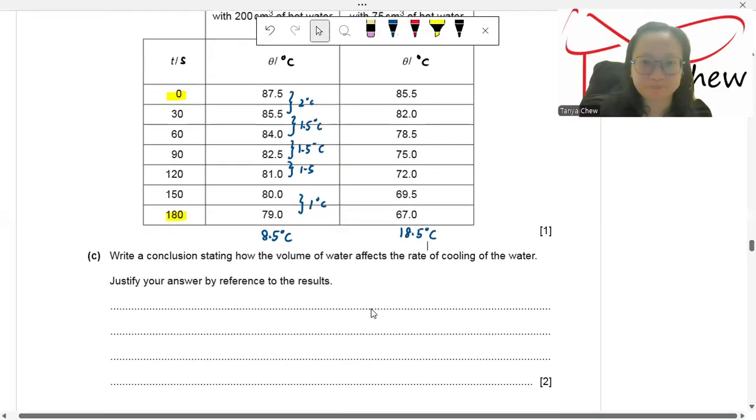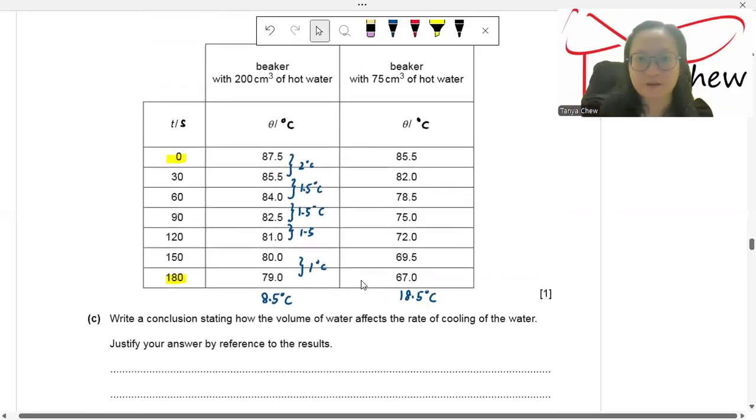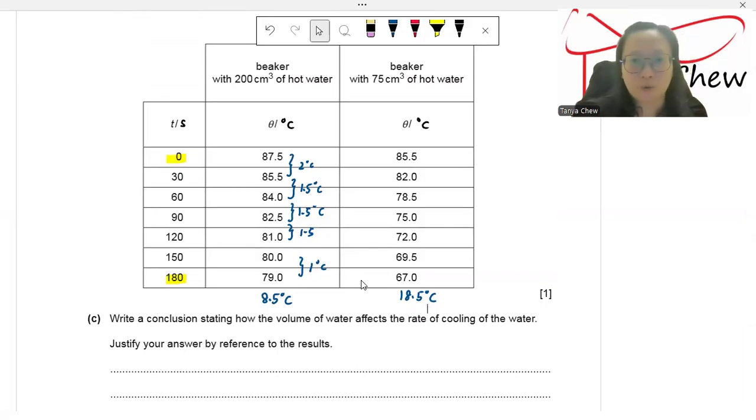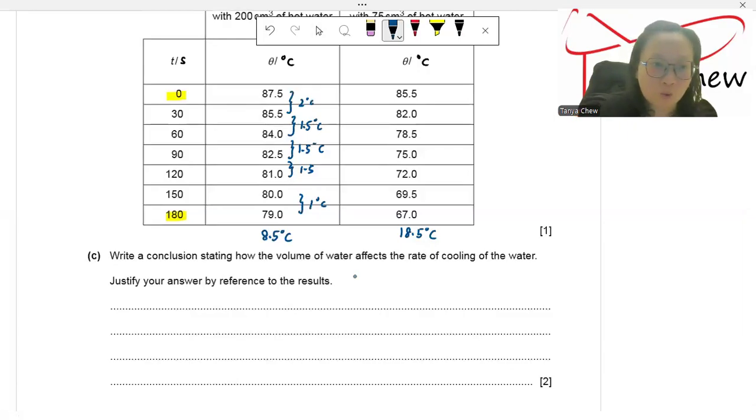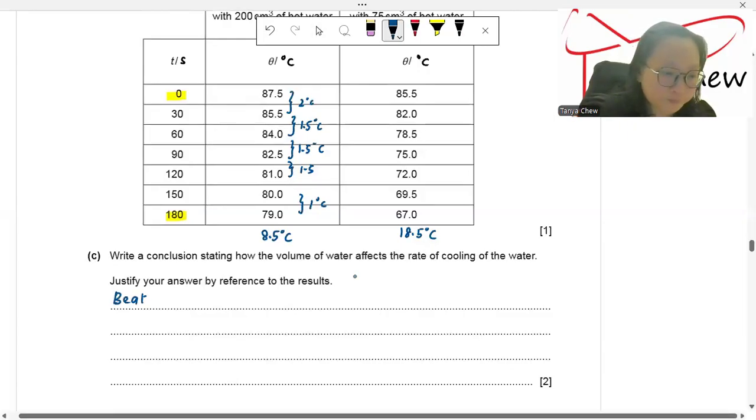So I said that the rate of cooling of a beaker with 75 cm cube of hot water is actually larger, right? It happens faster. So the beaker with 75 cm cube of hot water cools down at a faster rate as compared to the beaker which you fill in with 200 cm cube of hot water, right? So I say, beaker with 75 cm cube of hot water